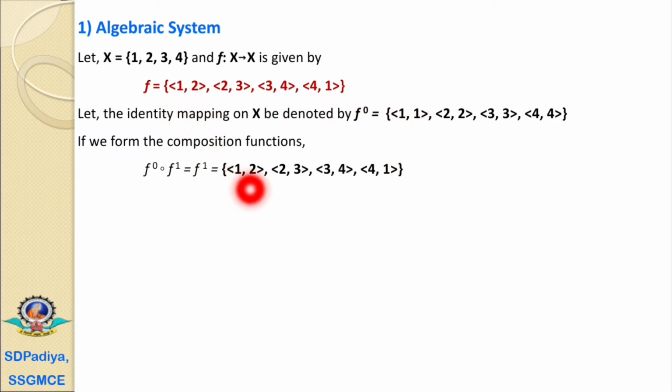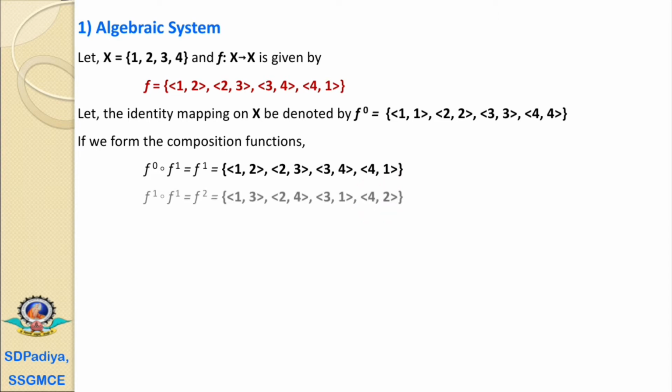That's why we have written (1, 2). The (2, 2) is xy and (2, 3) is yz. Then we have written xz, that is (2, 3). (3, 3) is xy and (3, 4) is yz. Then we have written xz, that is (3, 4). And same for the last, (4, 4) is xy and (4, 1) is yz. That's why we have written xz, that is (4, 1).